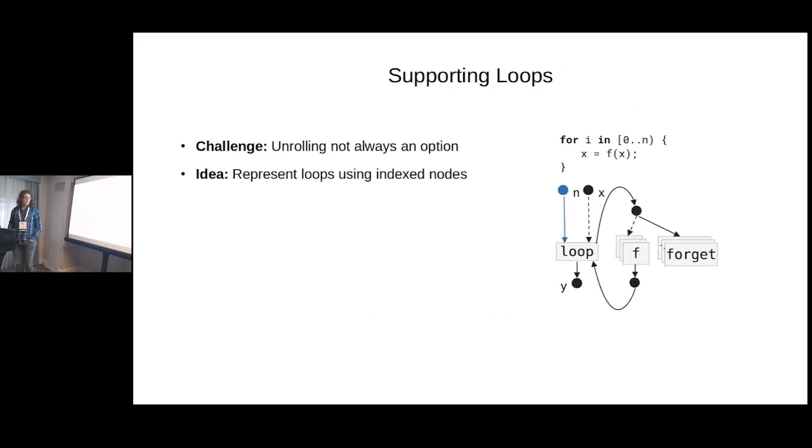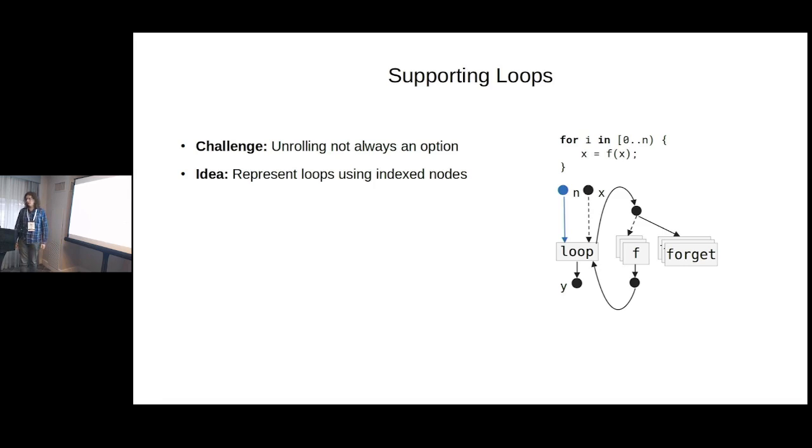And finally, maybe the biggest challenge so far is how do we do loops? It turns out quantum computers don't actually do loops natively. You just have to give them a sequence of gates. So what's done in low-level IRs is loop unrolling, but that limits you to loops with a fixed bound. And Silq doesn't have this restriction, so we must be able to support arbitrary loop bounds, as long as they are classically computable at some point during the execution of the program, which may depend on measurements, etc. So unrolling is not an option for our intermediate representation.